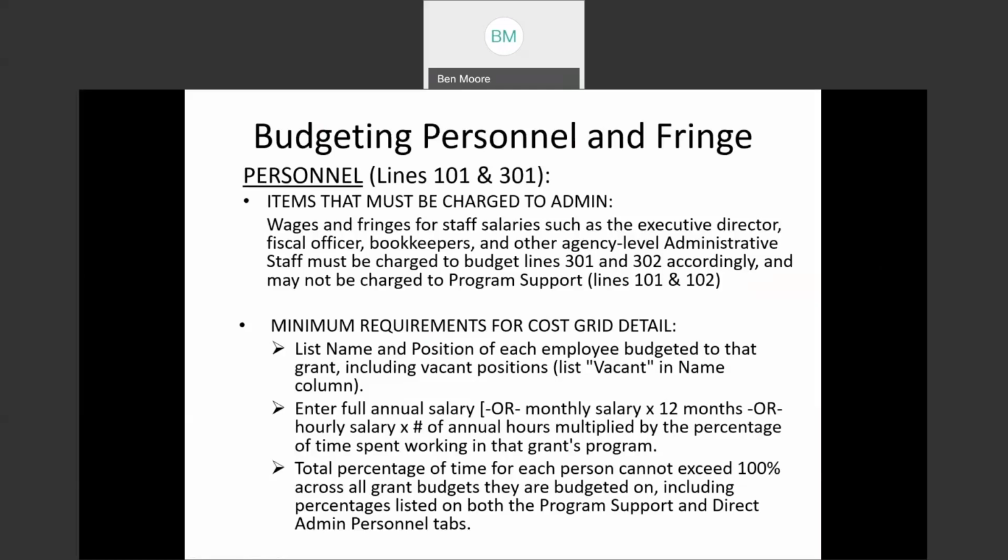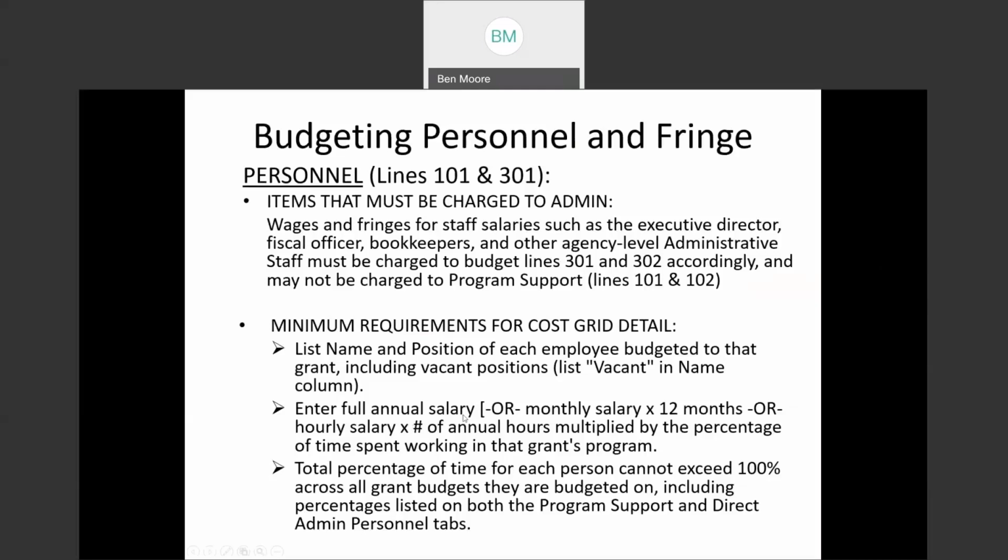You need to enter the full annual salary for each employee, or alternately, you could list a monthly salary or an hourly salary. If you list the monthly, you would put the duration of time as 12, and if it's the hourly wage, you would list the number of annual hours, which in most cases is 2,080 for a full-time employee. And then you would also list the percentage of time that that employee spent working on this particular grant, the